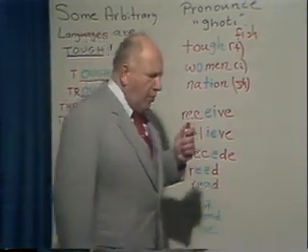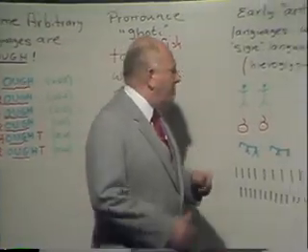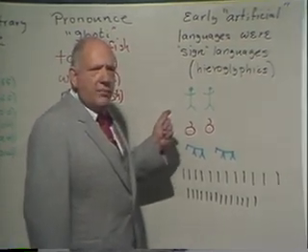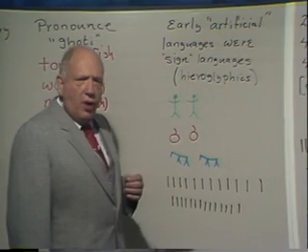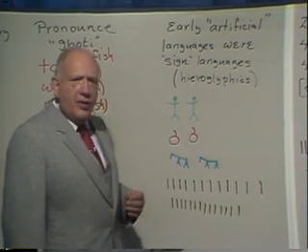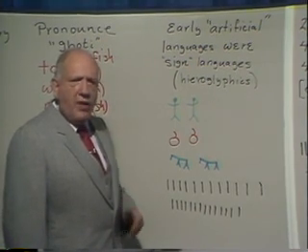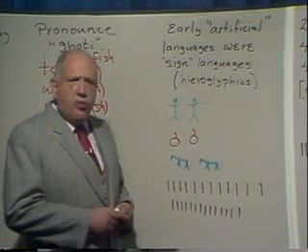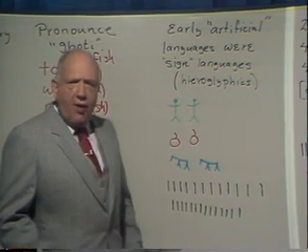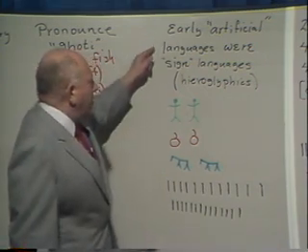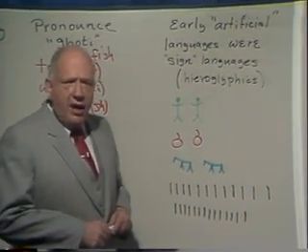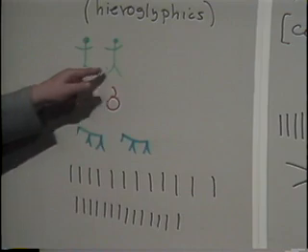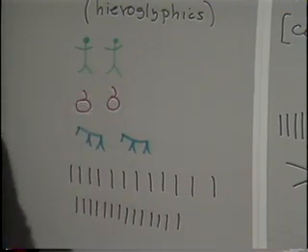And the important point was that how do you think artificial languages began? One of our assumptions in this course is that people sought the simplest solutions to any problems that plagued them. And they looked for more complicated solutions only when the simpler ones either stopped working or became too cumbersome. The easiest way to describe what you wanted was to draw a picture. So the early artificial languages were sign languages, such as the Egyptian hieroglyphics. And basically what happened was you drew pictures. That's what you meant by a sign language.